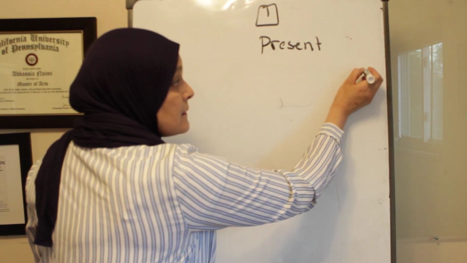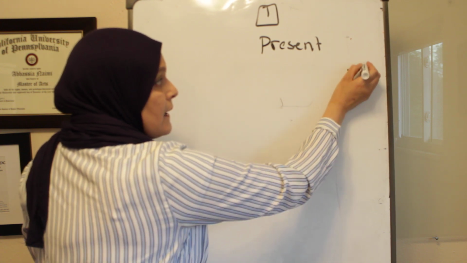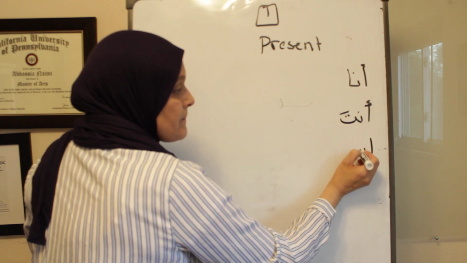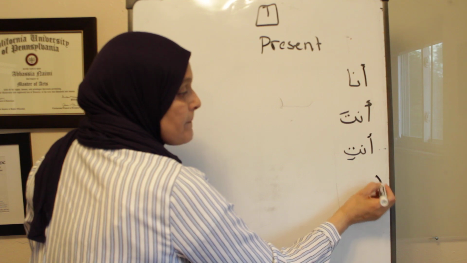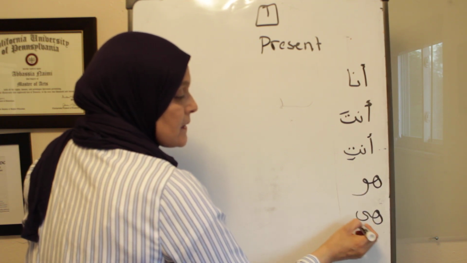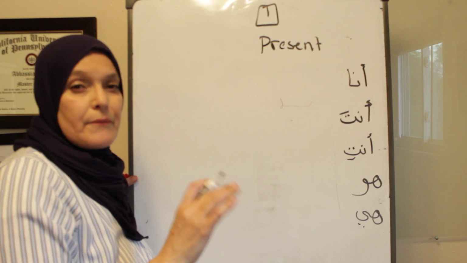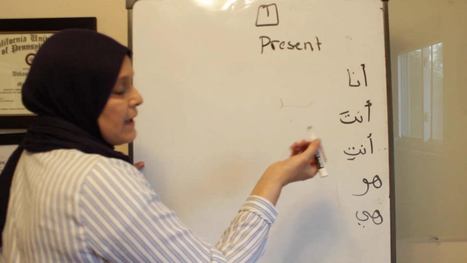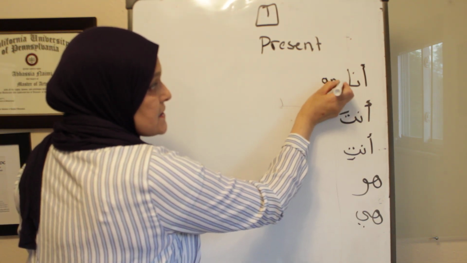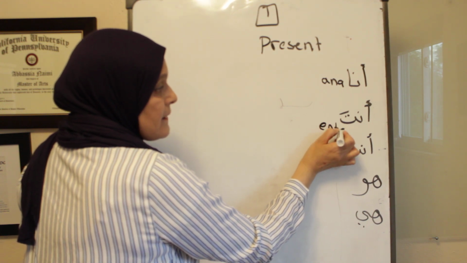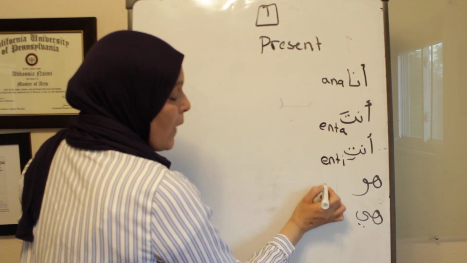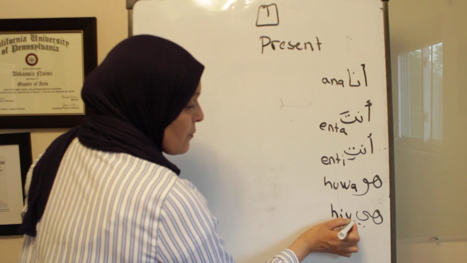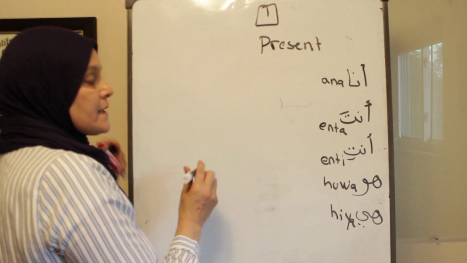So I'm going to do Ana, Enta, Enti, Hua, and Hiya. For these personal pronouns, I have a video on the personal pronouns on my playlist for beginner level. This is how I spell Ana, Enta, Enti, Hua. I don't know if I am doing it correctly. So we said Ana,